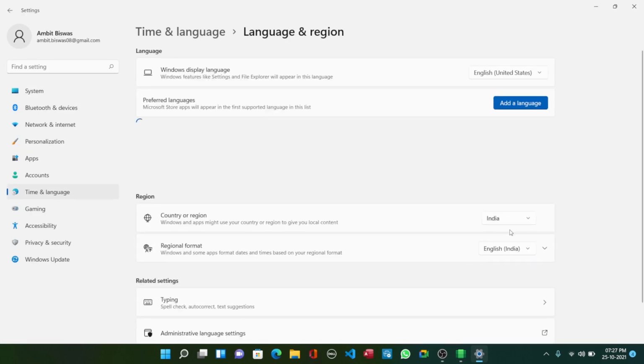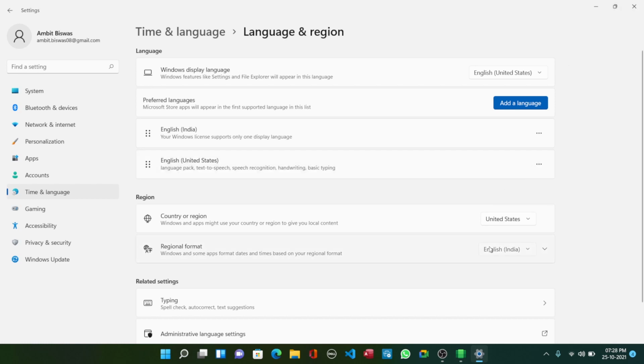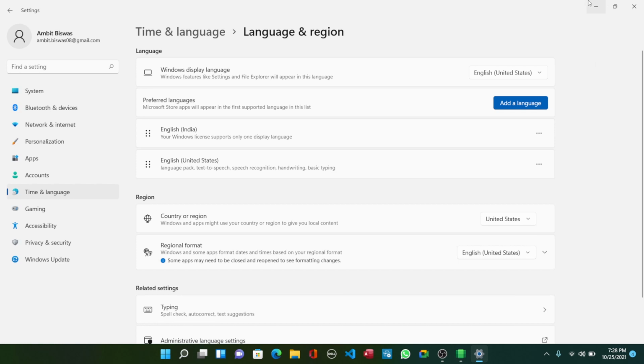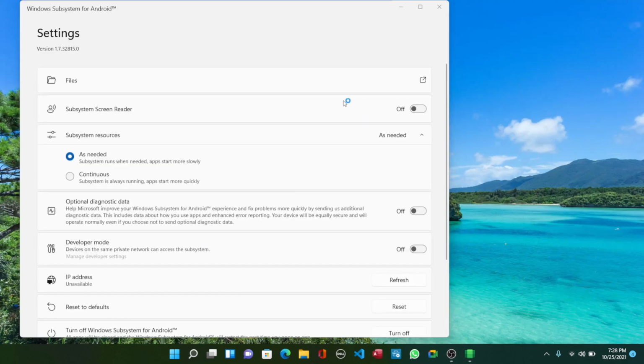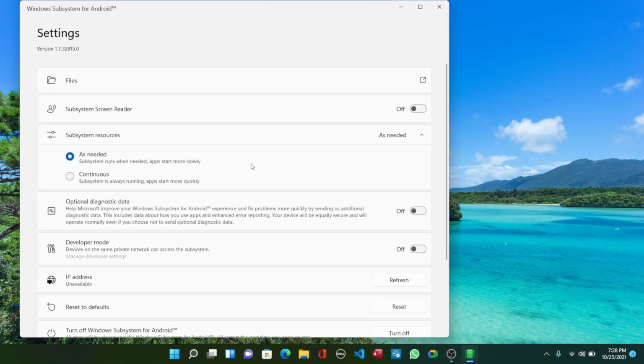So let me just change my region to United States and region format to English (United States). I will close this and restart this Windows Subsystem for Android. Now to enable this, just click on Files or enable developer mode and click on manage developer settings. I am clicking on Files, and then